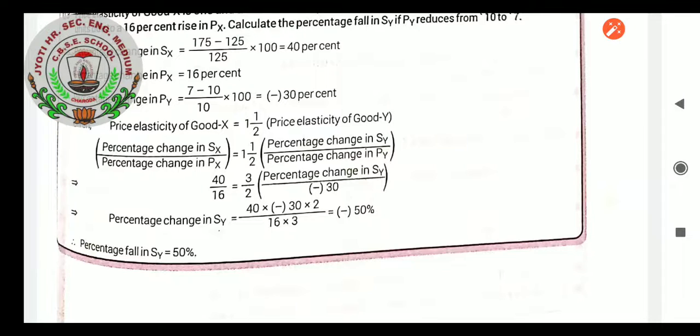In the same way, applying the formula as in the beginning question, price elasticity of good X equals percentage change in supply of X divided by percentage change in price of X, which equals 1.5 times the price elasticity of good Y. The same formula will be repeated, with Y in place of X: percentage change in supply of Y divided by percentage change in price of Y. If we substitute this value, we will get